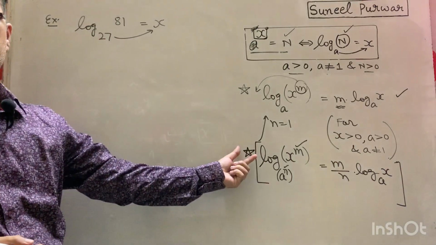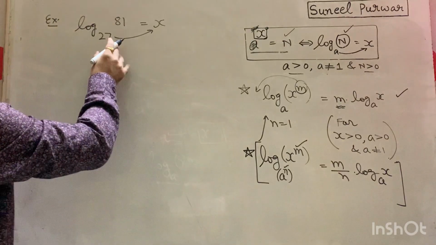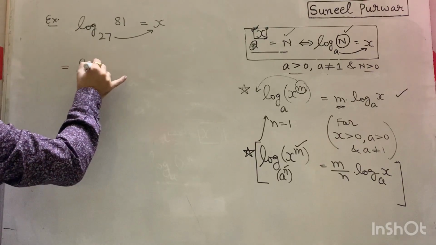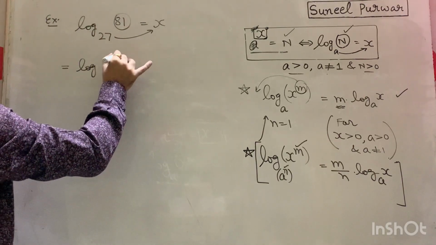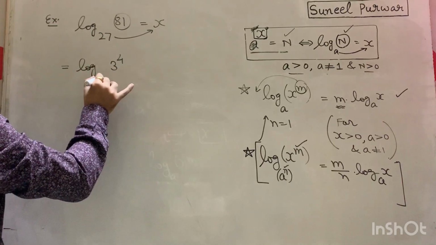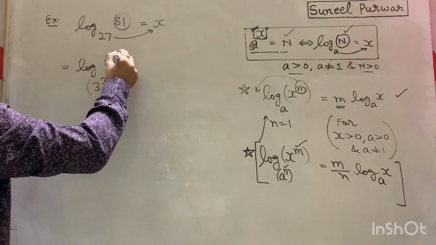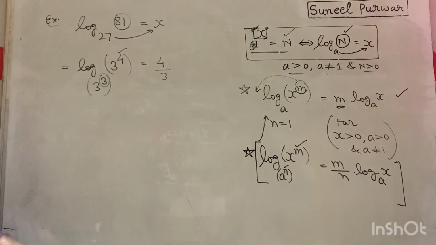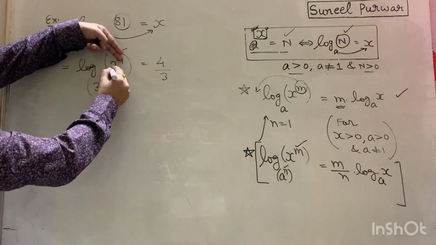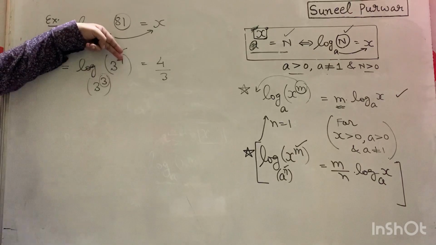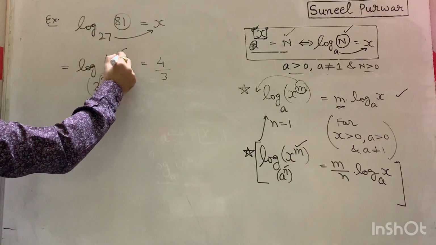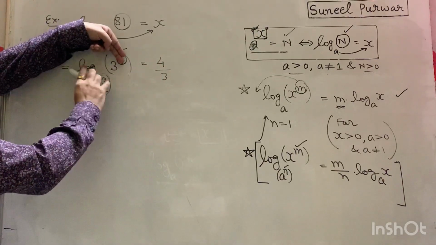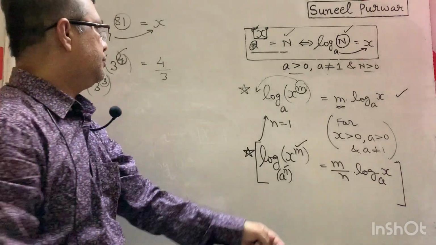But once you are familiar with this advanced property, you can work it out in this way as well. So, you can write log of 81 as 3 to the power 4, and 27 as 3 to the power 3. So number m is what? 4. M is equal to 4. N is equal to what? 3. So they have flown out, and then what you see? 3 ln of 3 to the base 3. Got that? This 4 and this 3 have been utilized. Then what is left here? Log of 3 to the base 3.